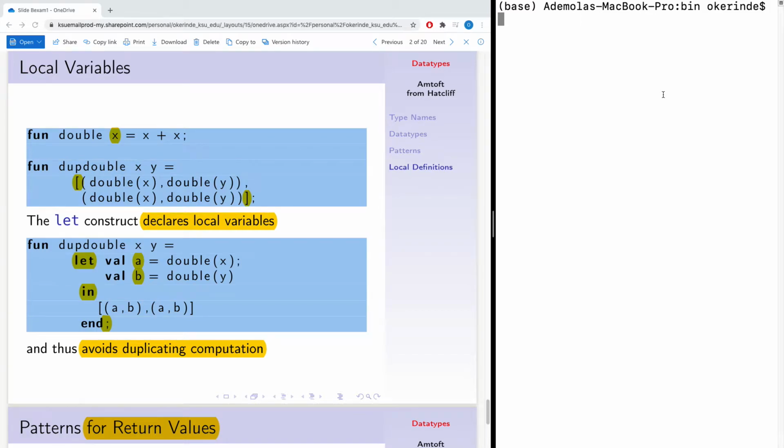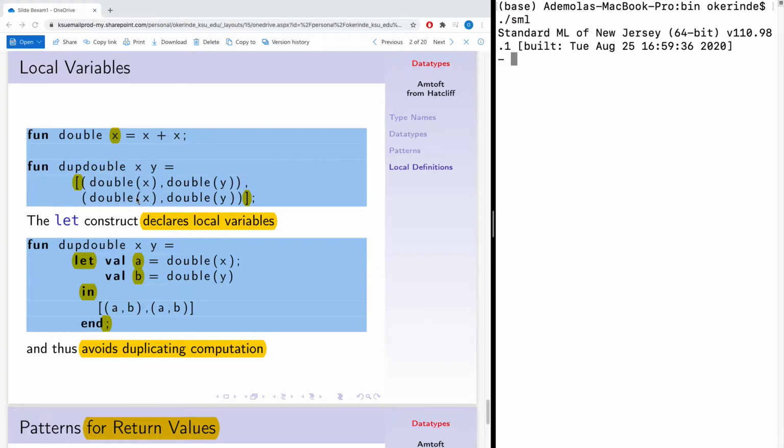Continuation of the SML tutorial, and based on the request of one of the viewers, we will be looking at the let in function in SML, that is, the Standard Meta Language. Essentially, looking at these examples, the let keyword is used to define a local variable within